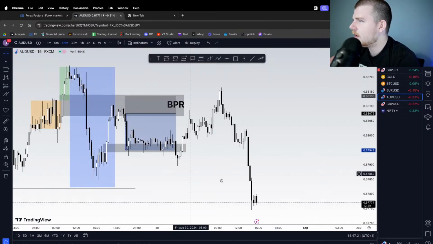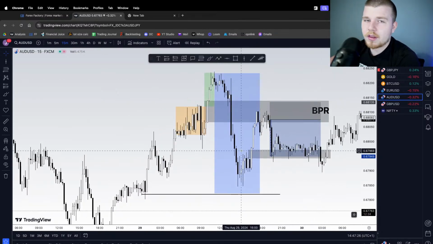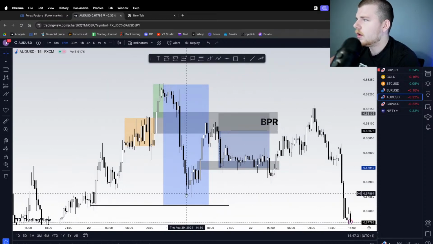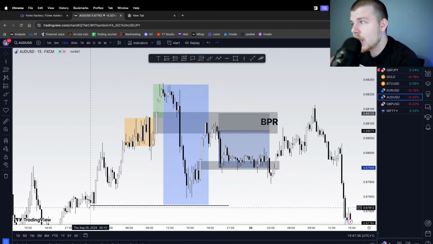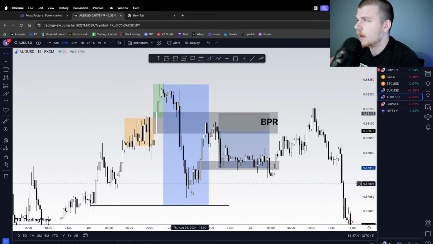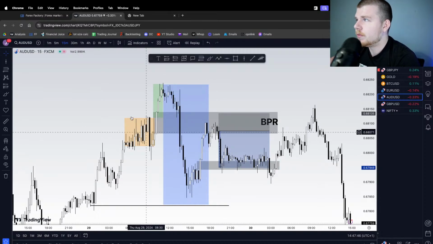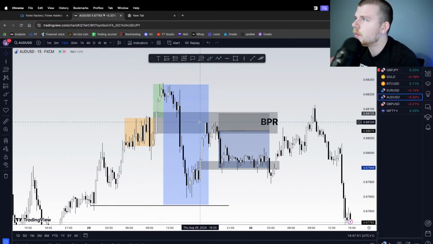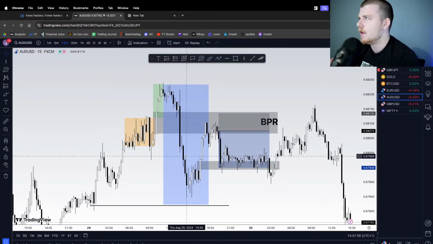AUD USD, again, I said the same thing here. When I was on the charts, what we were talking about was the fact that AUD basically had finished distributing. I was like, maybe we could go down to here, but realistically, we have finished distributing. We are going to either reverse back and then consolidate back to the accumulation range, or just consolidate straight away. Now this reversal happened. We went straight to the BPR that I was talking about, and I said if we go to this BPR, we are going to have a reaction.